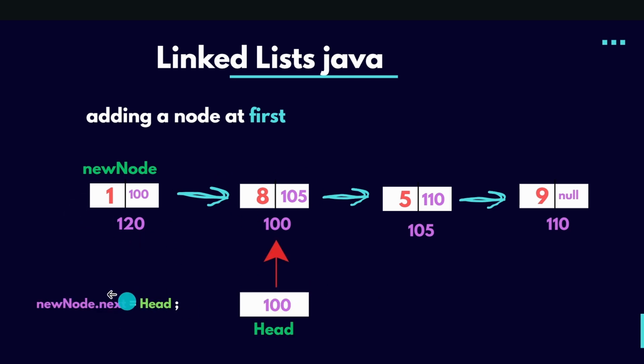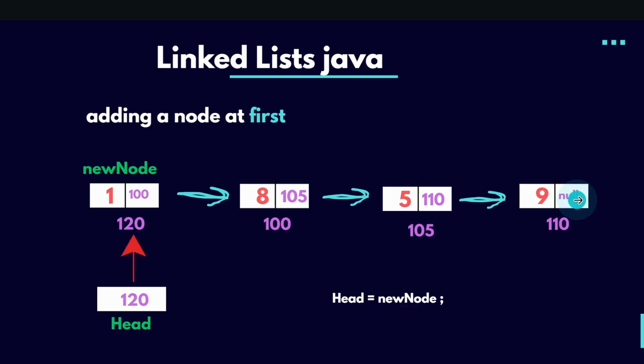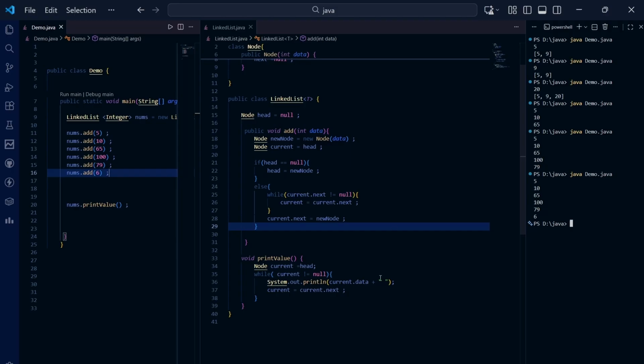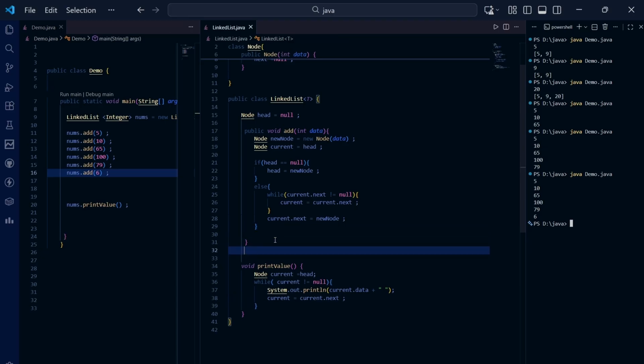If you come back, you can see new node dot next is equal to head, meaning head is pointing to this one. So this node will be pointing to here. I hope you understood this connection. With the help of these two lines only, you can add a node at the first. Now, code wise, before printing the values,